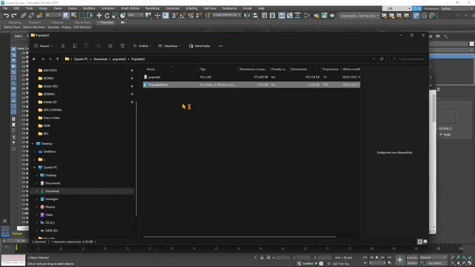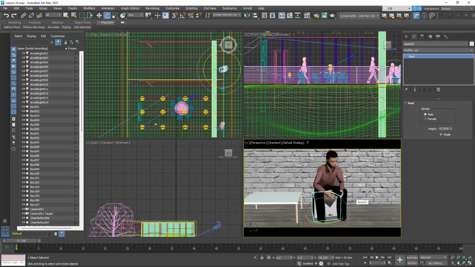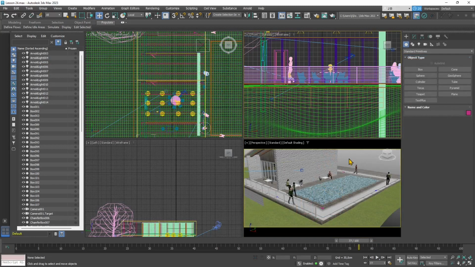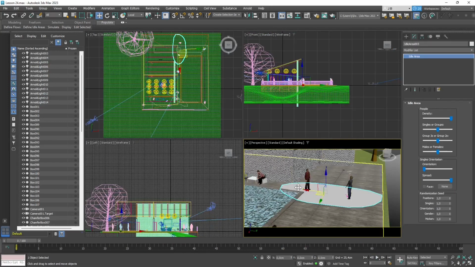Now there's the populate data. I'm just going to install it with a simple wizard once it's downloaded, and then click on simulate when it has finished being installed. And there's my guy there sitting. Now I need to adjust it a little bit, but it's definitely there. I can move it just a little bit up. And there you go. So you can see now I have people walking, people standing, people sitting. If I press play, these are all animated people. They will just be there talking or doing